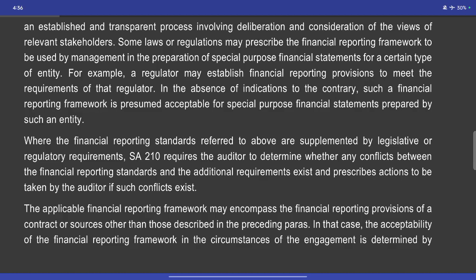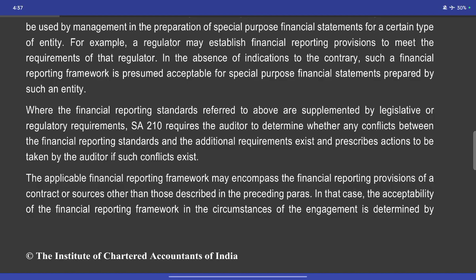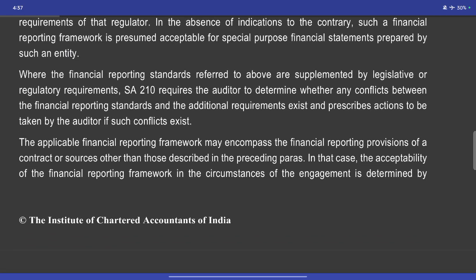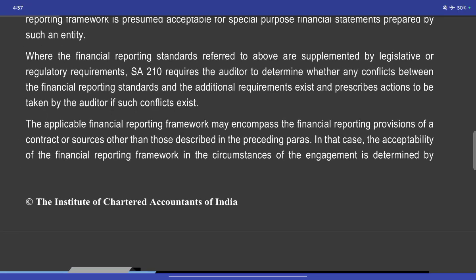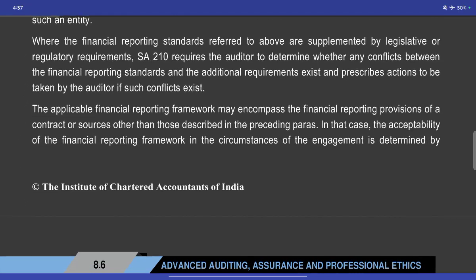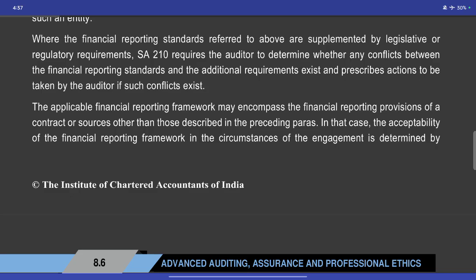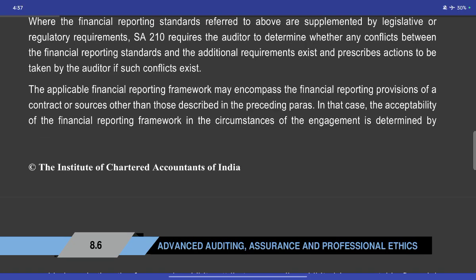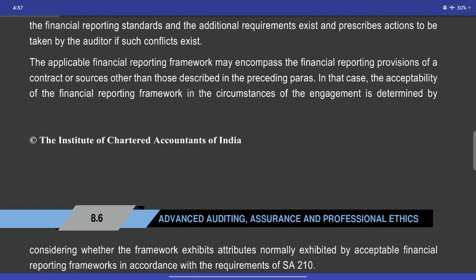For example, a regulator may establish a financial reporting provision to meet the requirements of the regulator. In the absence of indications to the contrary, such a financial reporting framework is presumed acceptable for special purpose financial statements prepared by such entities. Where the financial reporting standards are supplemented by legislative or regulatory requirements, SA 210 requires the auditor to determine whether a conflict exists between the financial reporting standards and the additional requirements, and prescribes the action to be taken by the auditor if such a conflict exists. SA 210 also applies in terms of auditing issues. The applicable financial reporting framework may encompass financial reporting provisions of a contract or sources other than those prescribed in the preceding paragraphs. In this case, the acceptability of the financial reporting framework in the circumstances of the engagement is determined by